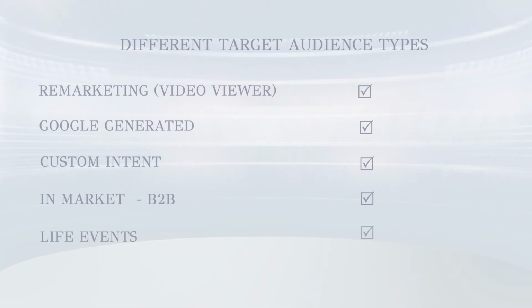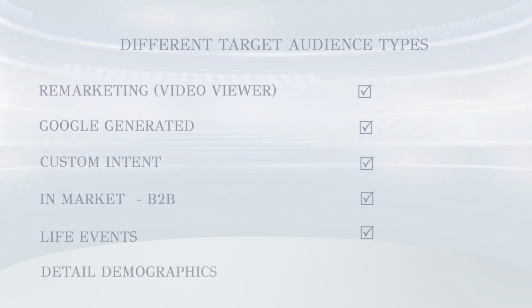And then from there, we get a little bit broader to life events. So you can reach people based off of if they're looking to move soon, they're looking to buy a car, looking to adopt a pet, things like that. And we also have detailed demographics. So this can range from interests and things like employment, companies that they work at, location, and things like that too. Based off of how specific you want to make your YouTube campaign targeted to your audience, you have a wide range of factors that you can include there.